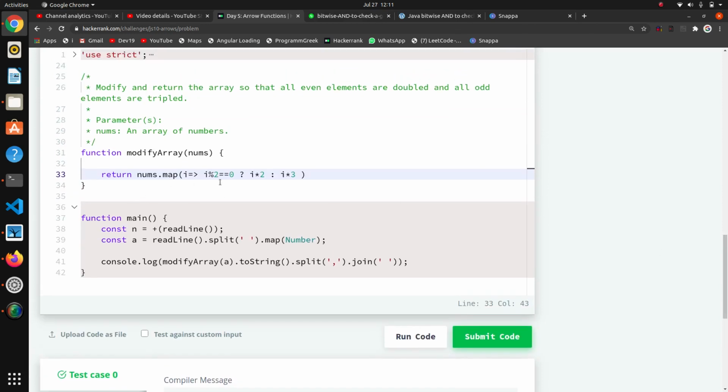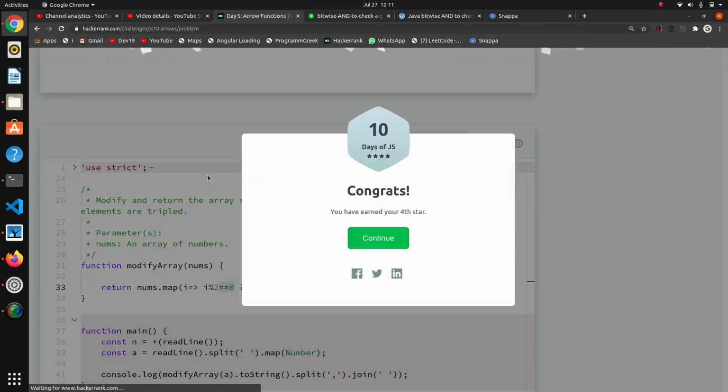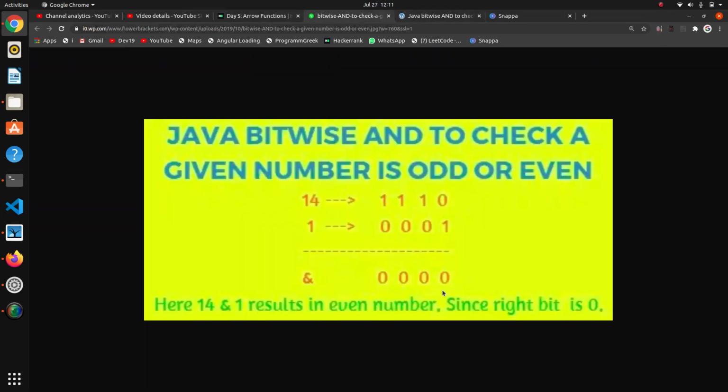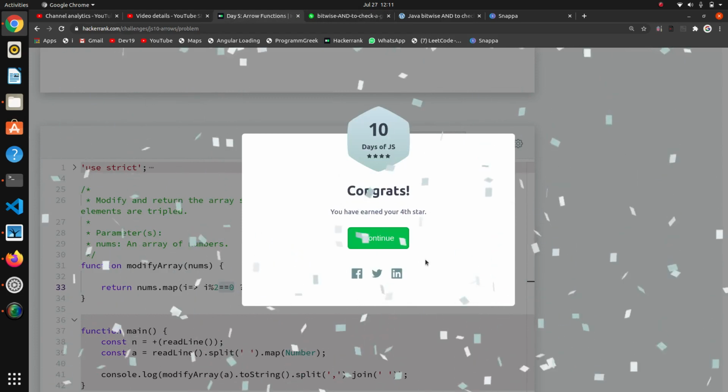And there is another method. So this is one method to find even and odd. Sorry, there is another method. If we apply the AND operator with 1, then we will get this number 0 0 0 0. If it is false, then we will find the even number. If it is true, then we will find the odd number. So I will show you that one thing.